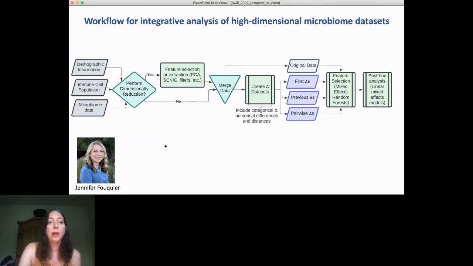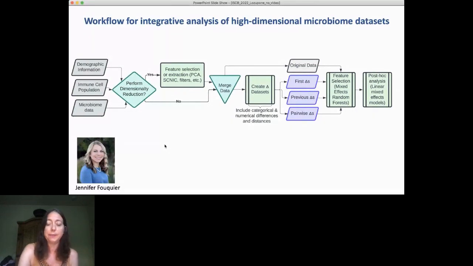information. A first step we often want to do is to perform dimensionality reduction so we don't have so many features to work with. So the first thing I'm going to introduce to you is a method we developed for this in microbiome data called SCNIC. Once you've performed that, there's also other types of pre-processing that you might want to do depending on your study design. So for instance, in this example, Jennifer was developing methods to calculate deltas in different ways between time points